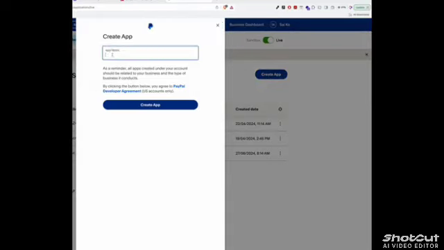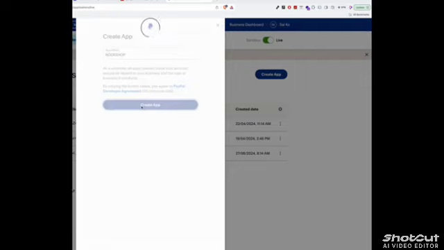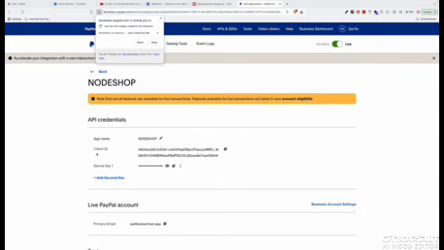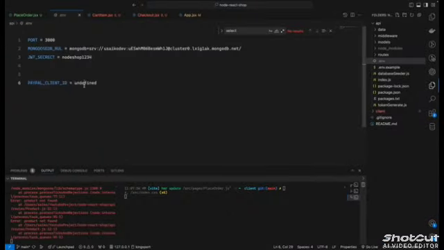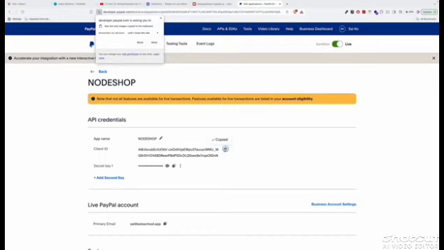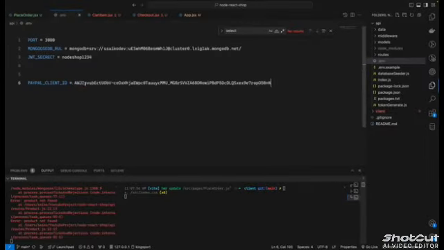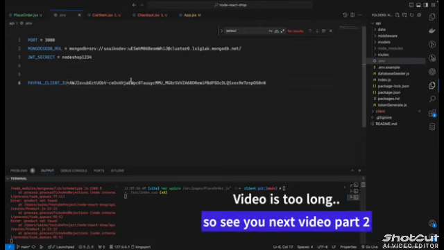So I would say Node Shop. So this is the app I created, and so I will get the client ID here, and I just copy that client ID. Okay, so this client ID, I paste it here, and then